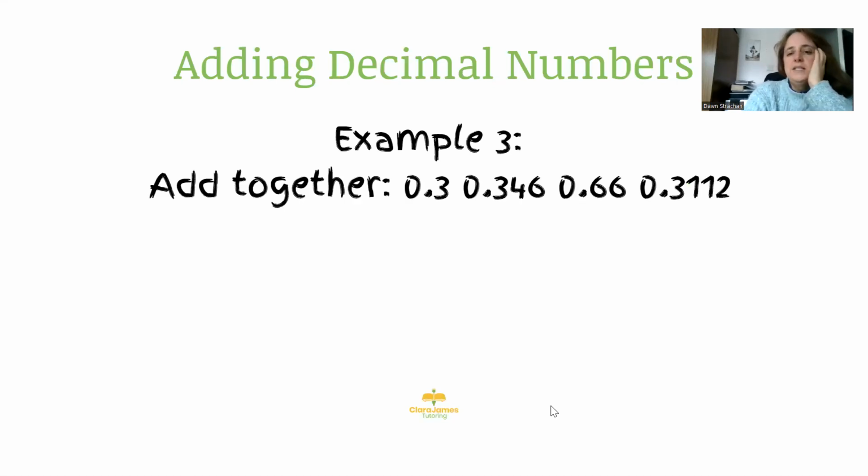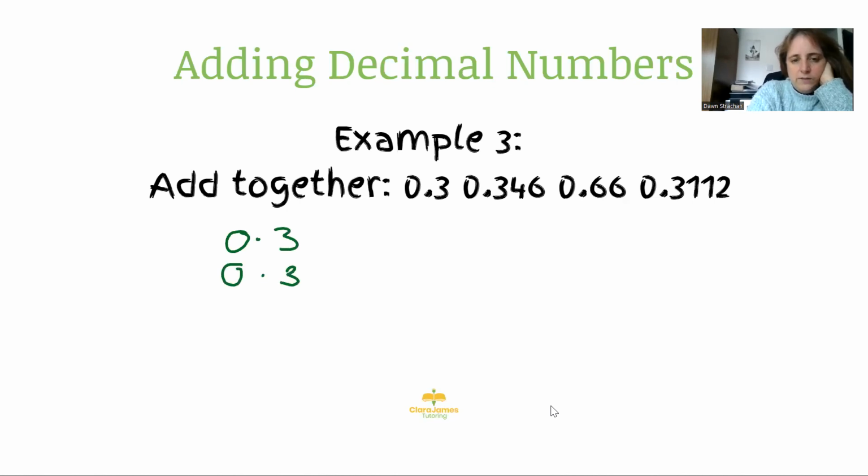So the last one is add together, this isn't very clear, 0.3, 0.346, 0.66, 0.3112. So once again, exactly the same principle. So if we line them up, so we've got 0.3, 0.346, 0.6, oops, let's pop that in properly, 0.66,